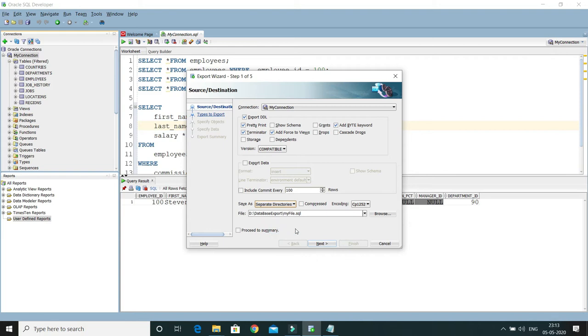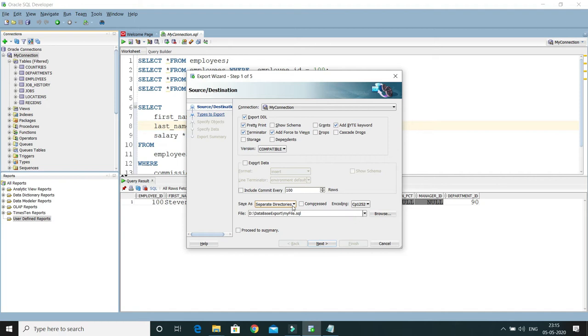What happens in this case is that when you choose separate directories, a different directory or folder is going to be created for indexes, procedures, tables, triggers, views, etc., right?